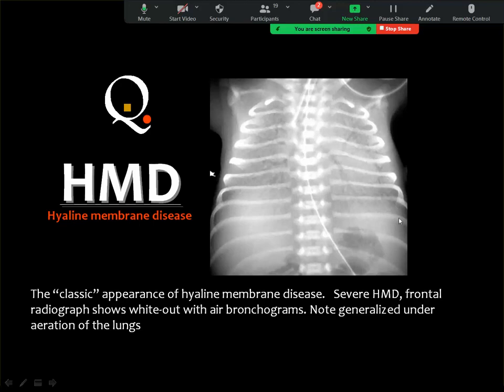And then you get this very characteristic appearance of a white chest with some air bronchogram inside, diagnostic of respiratory distress